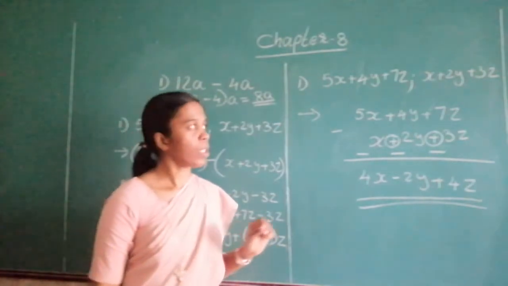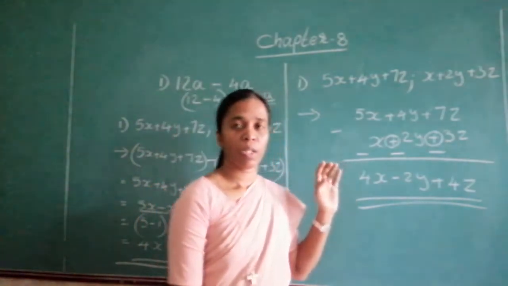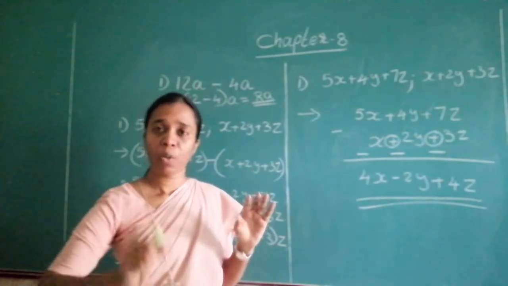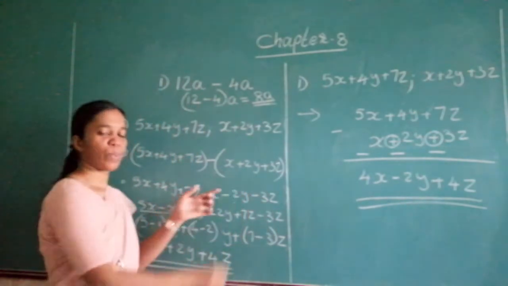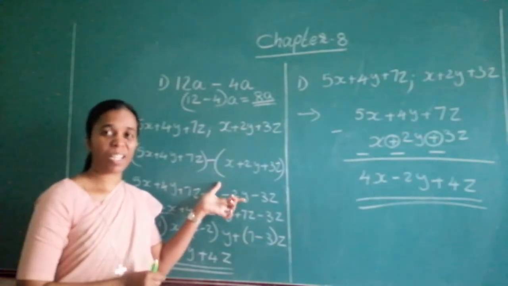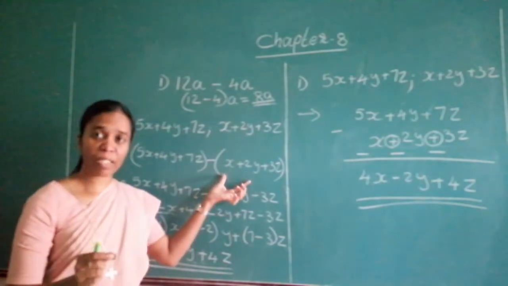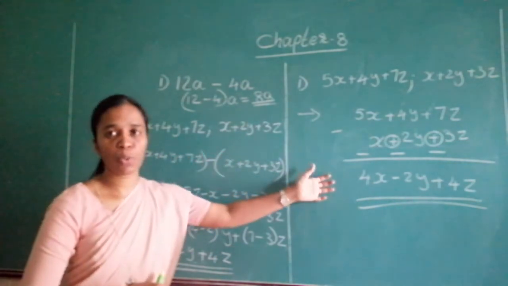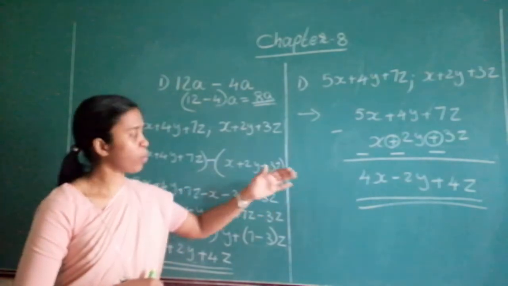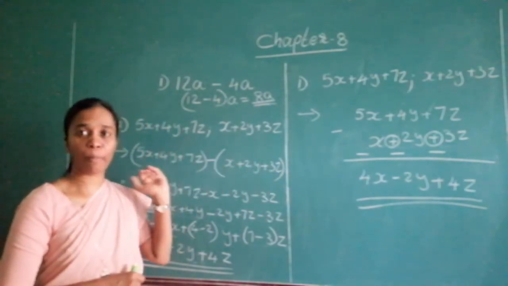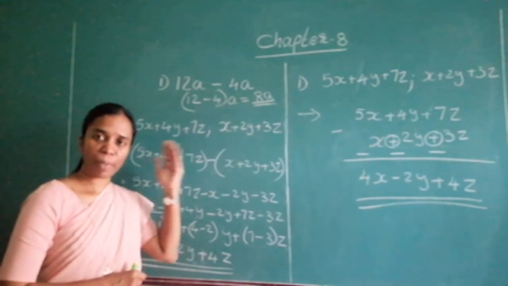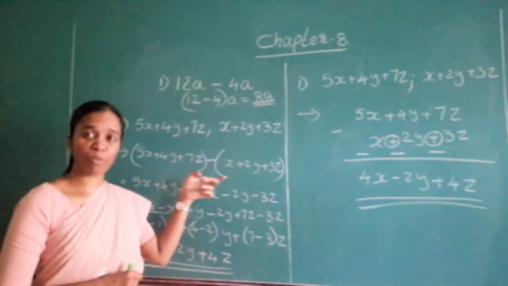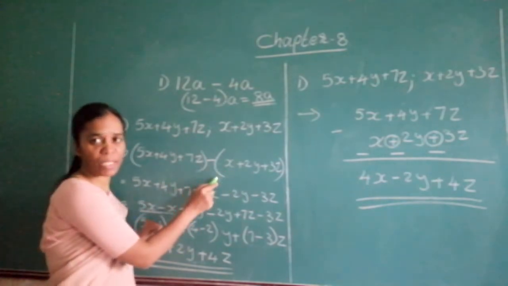Now how do we do it in vertical? You may find that vertical is much easier than horizontal. Only the difficulty is over here when you open the bracket. And I suggest, I insist, you please practice this part well. Because in the higher classes, we cannot do it in the vertical manner. We do it in the horizontal manner and we use our mind to solve it. So to get practice of it, I insist that you do this very well over here: opening the bracket with the sign.